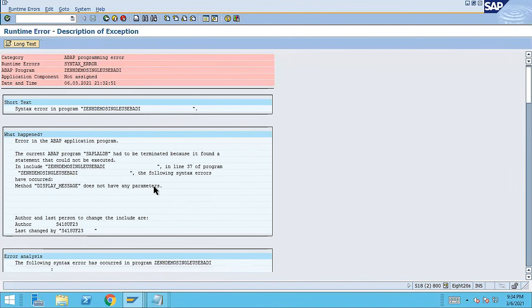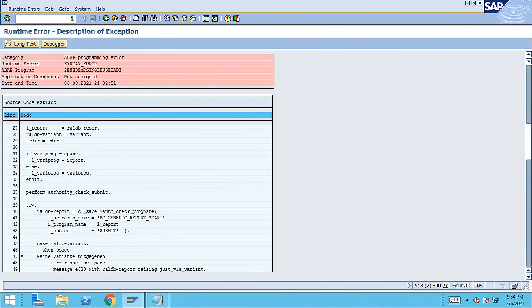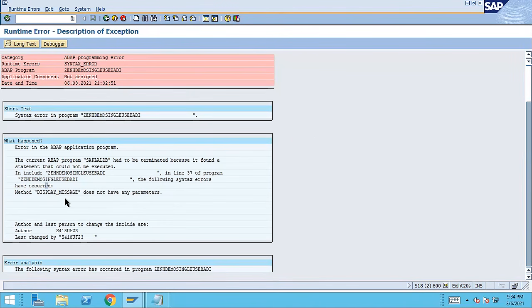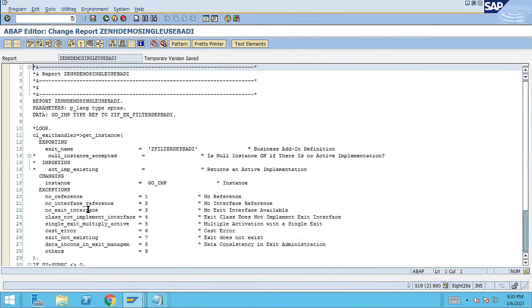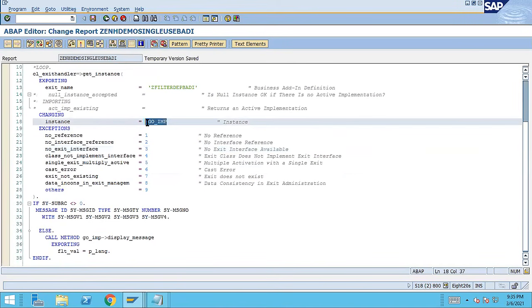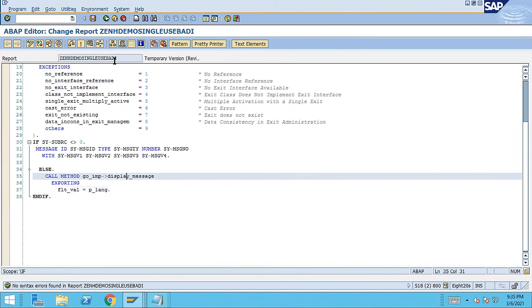So it's giving some error. Let us see what is the error. It's telling display message does not have any parameters. Okay, come once again. AC38, going to change mode, get the temporary version. This is fine. There is no syntax error, but while running this one,